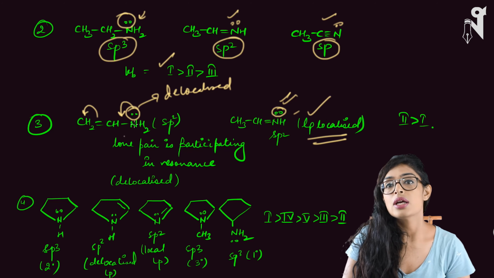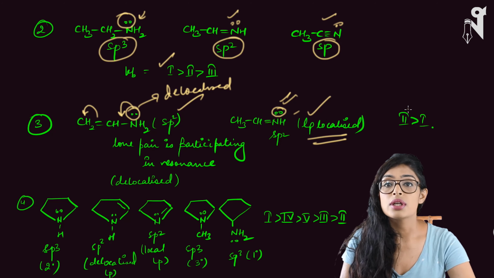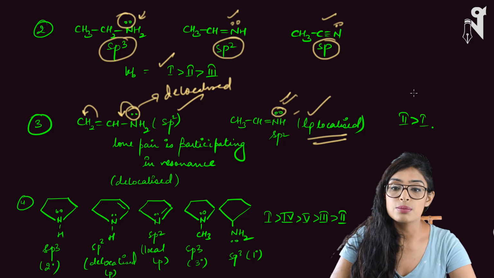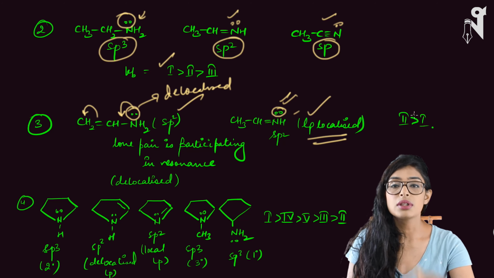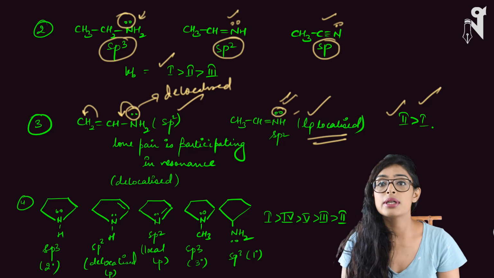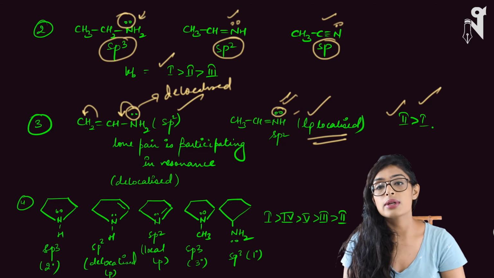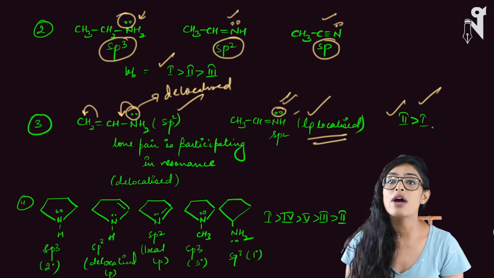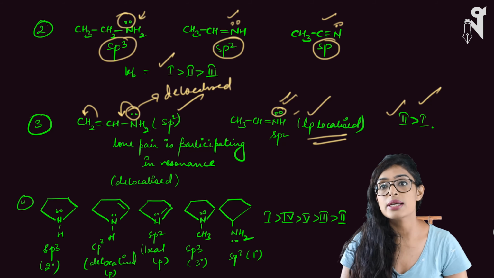So a localized one, the one which is always going to stay with nitrogen, is going to be more basic, because that means the nitrogen has more control on that electron pair and it can give it away whenever it is required. So second is more basic than first one. Please understand why delocalized is lesser basic, why localized one is more basic. On the localized electron pairs, the atom will have control. It can give it whenever it requires.